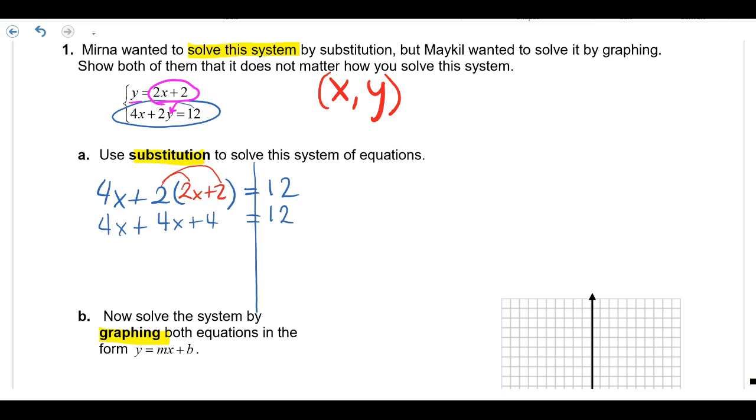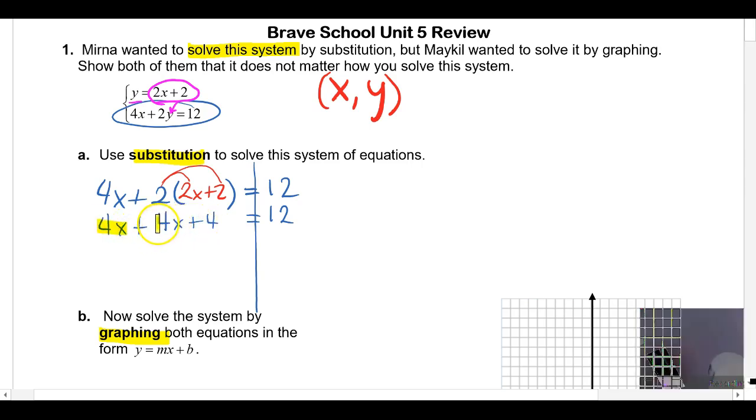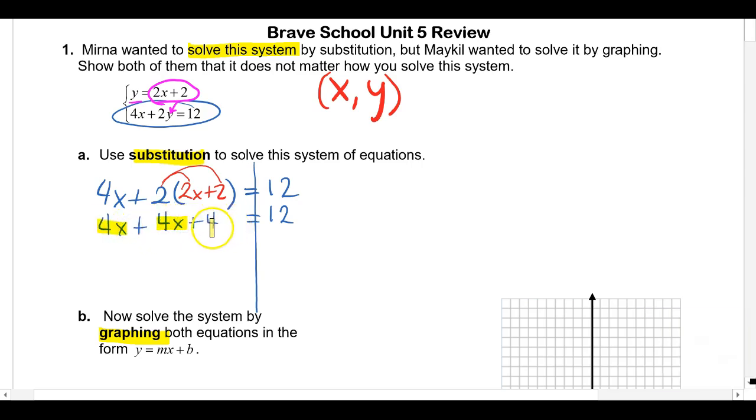Now over here on the left, I have to decide, okay, well, I've got 3 terms here. I've got 3 different numbers. And let's see if I can combine one of them. I have 4x, I have another 4x, and I have this other 4, but it has no x. So if it has no x, I cannot add it. So now I'm going to do 4x plus 4x, which is 8x, and then I still have a 4,